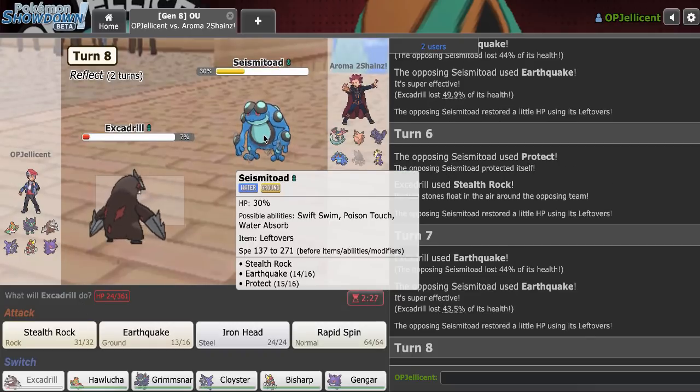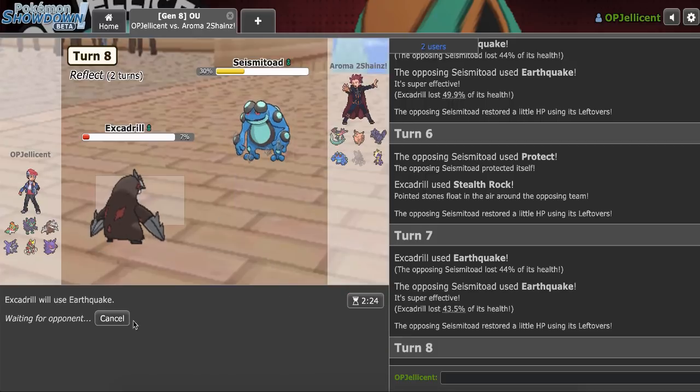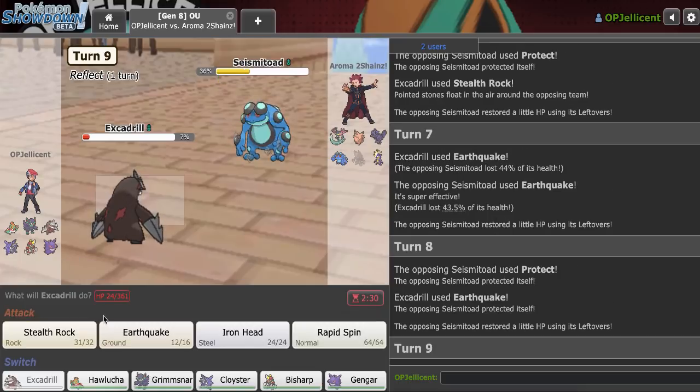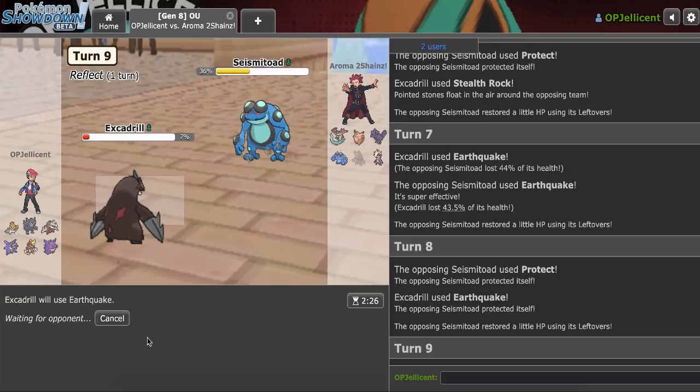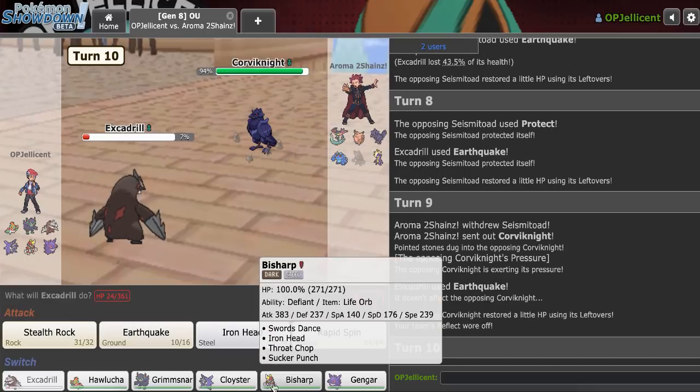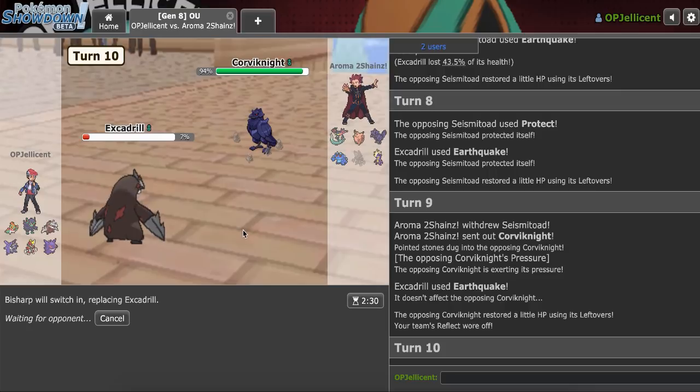Do you not have Scald, dude? Oh, you're Toxic on last slot, I think. I mean, if you go Corviknight, I'm just going to go Bisharp, right? It doesn't even matter. And then I can even keep Drill in that situation. Yeah, they go Corviknight, I'm just going to get my Defiant boost. I mean, a good play here would be going for a U-turn, but...